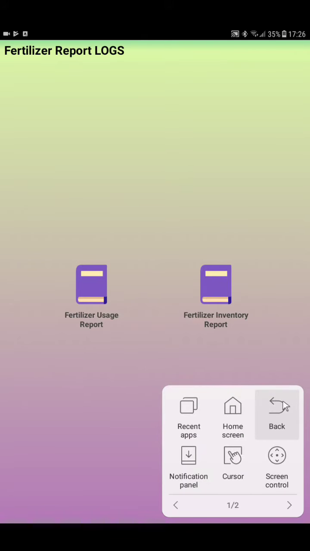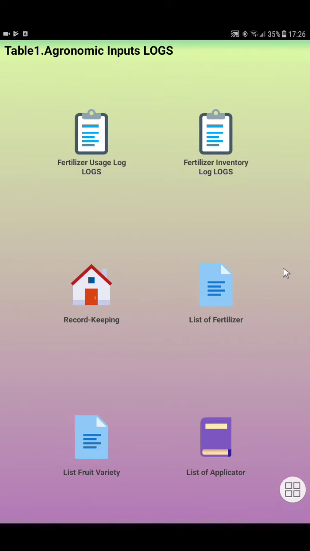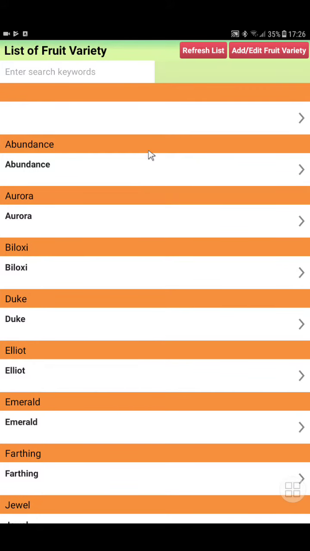So pretty much that's everything for fertilizer. We already covered how to fill out a record for the usage log and inventory log, and how to add or edit a fertilizer. There is also the list of applicators. Here you can add or edit any applicator, and you can do the same thing for the varieties. Here is your whole list of the varieties, and here you can